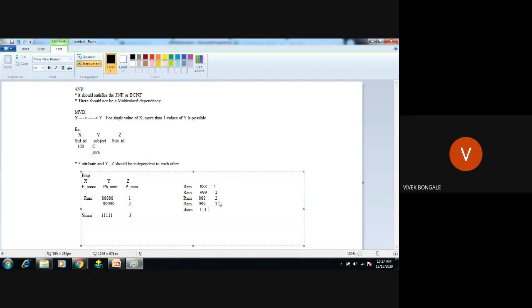Sham 111 and you are in the project number 3. Right. So here this condition is satisfied, 3 attributes. Yeah, I have 3 attributes and Y and Z are independent of each other. Right, independent of each other. We can consider this as T1. I have a formula to find out T1, it is T2, you can take it as T3,